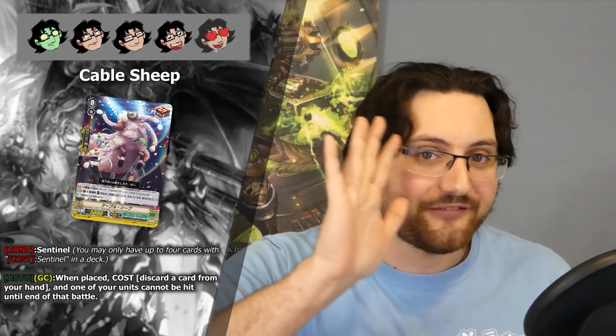But now we get to the final clan, the 12th clan for Clan Selection Plus Volume 2, which is of course Great Nature. And we start off with our Draw PG, which is of course Cable Sheep, and it's a solid 5-star. But then we get into the reprints, and those are all the Hemscape cards,